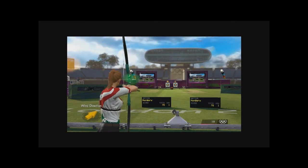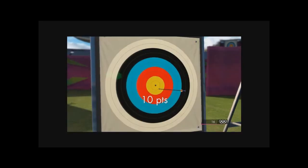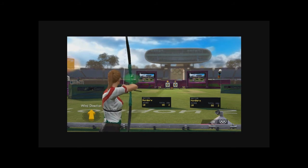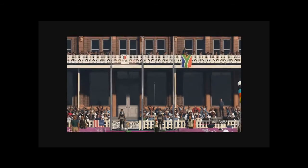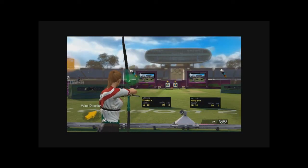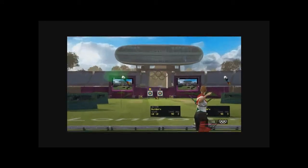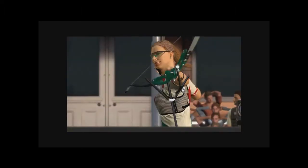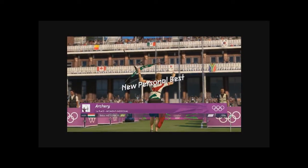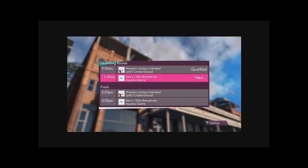Arrow 1, end 4. It's a golden arrow, 10 points. Having seen the first arrow, what adjustments will this athlete make for arrow number 2? Bang on, 10. Arrow number 3. Eight more to the total. Let's take a check on the replay. Having negotiated that hurdle to make it through to the final, this athlete becomes a